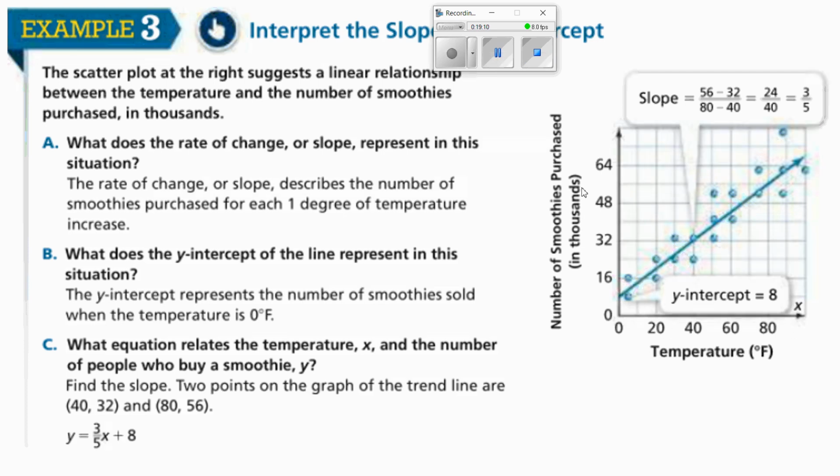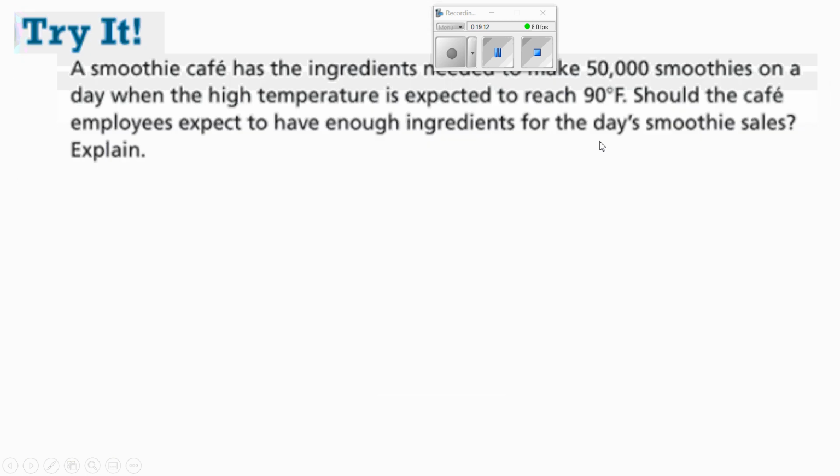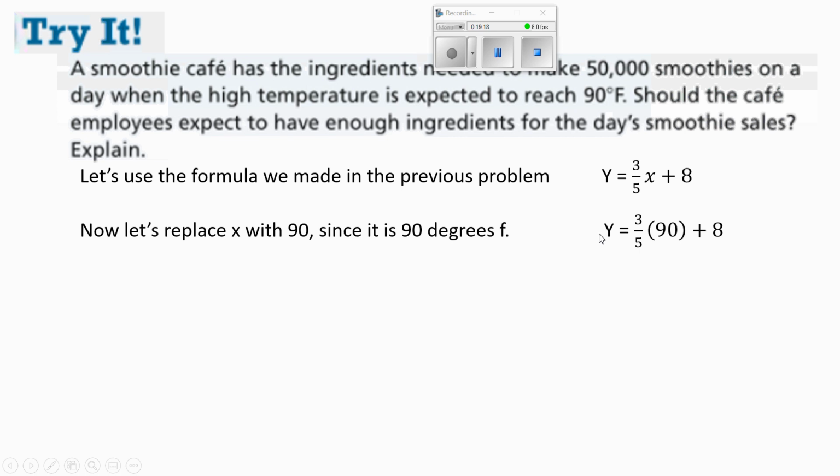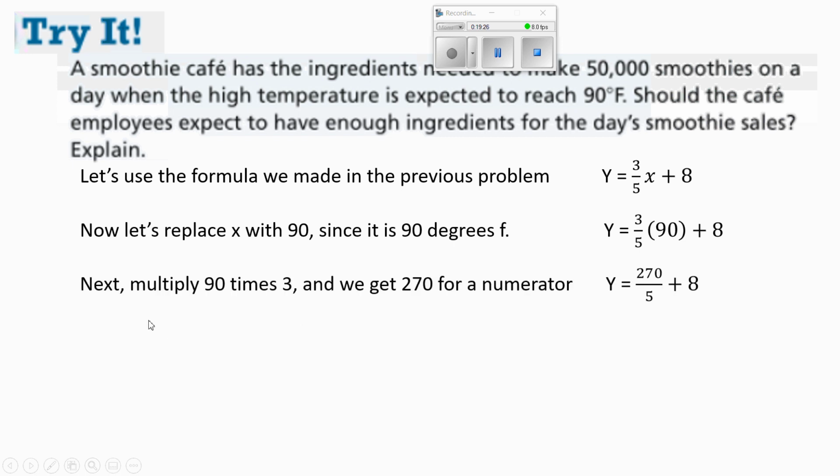y was the thousands of smoothies that I made. So I'll replace x with 90. All right, now I know that I need to multiply 90 times 3/5. I'm going to multiply 90 times 3. That'll give me 270 for my numerator. And now I have to divide my numerator by my denominator. When I divide 270 by 5, I'm left with 54. Now I can add. I'll take 54 and add 8. That'll give me